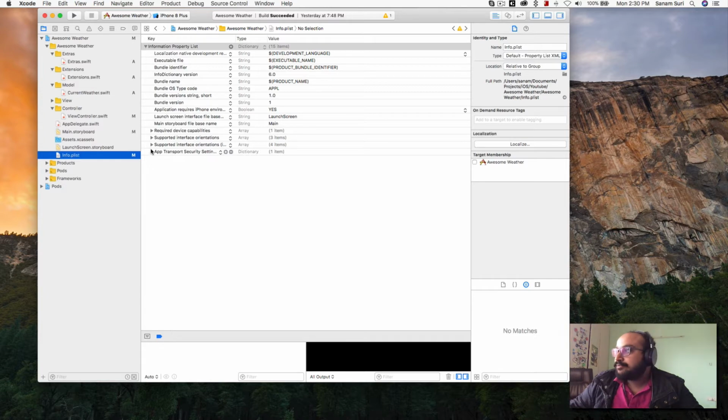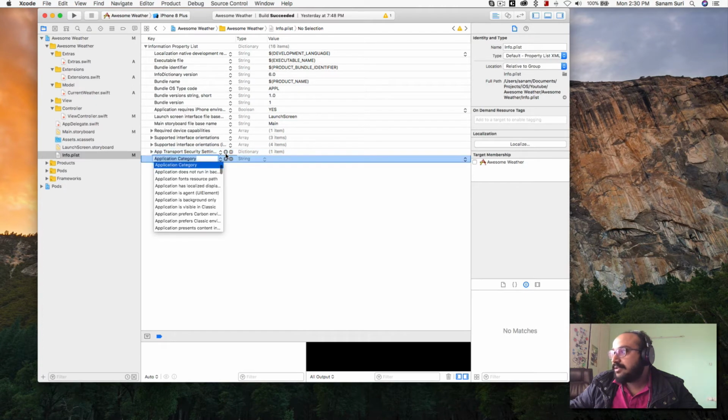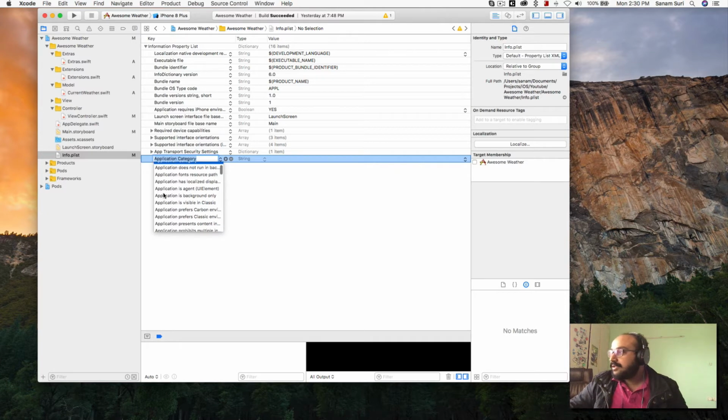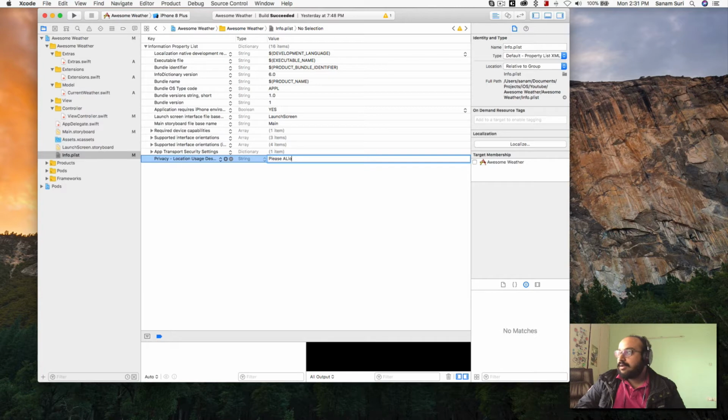So make sure the last key, which is App Transport Security Settings, which you should have enabled if you checked out the second part of this series, is not open, it should be closed, and then you click on this add button, and now you can either scroll down or type privacy usage description. If you go down, it says privacy usage description, location usage description. You can say please allow,